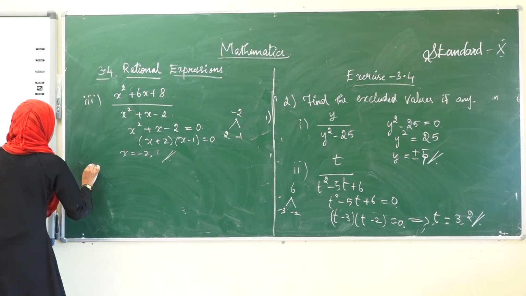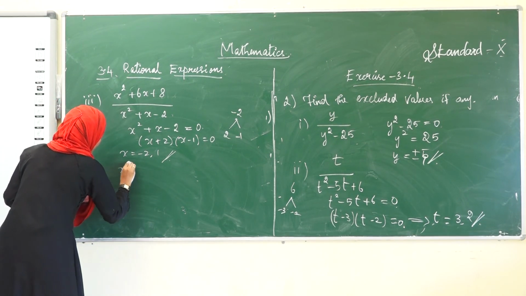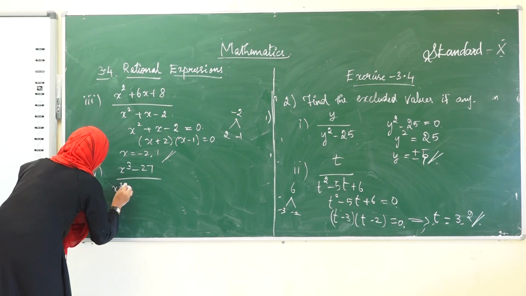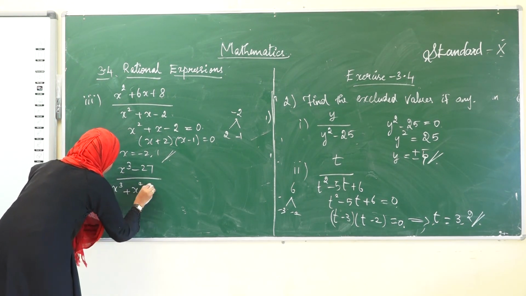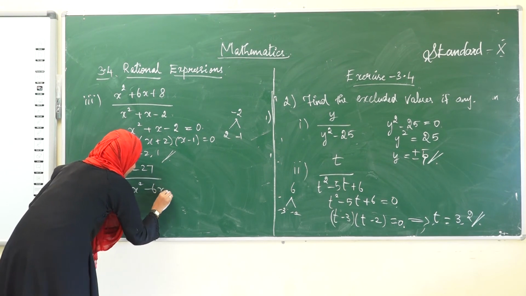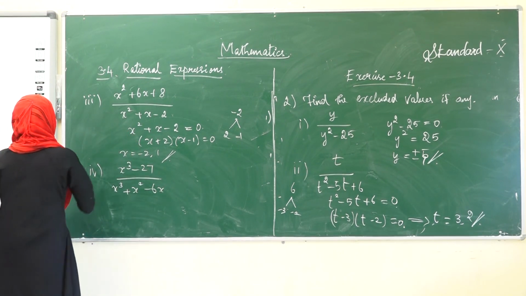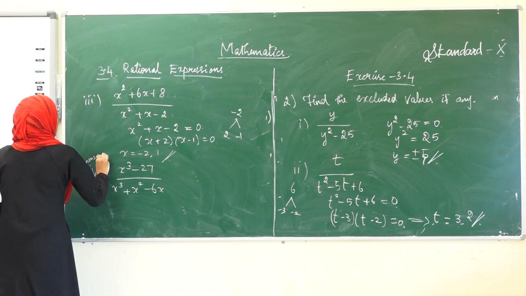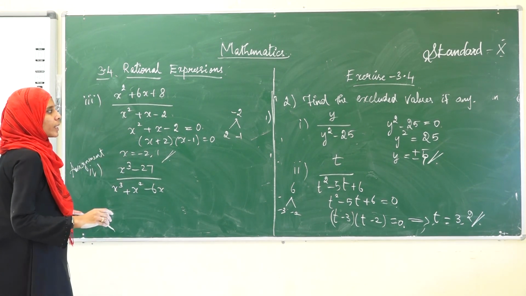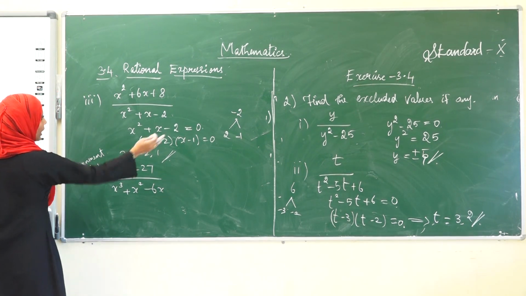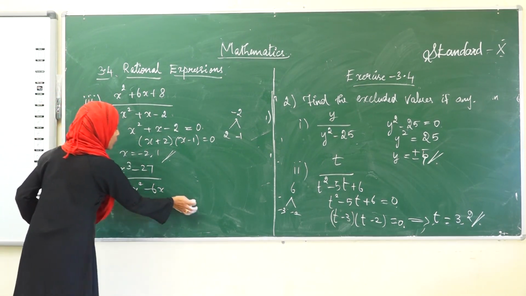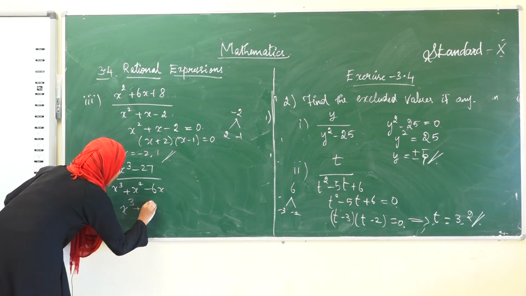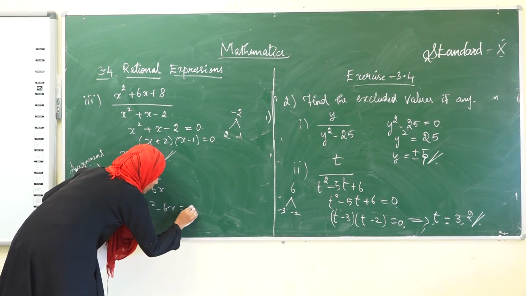Now the fourth subdivision, that is the last subdivision, x cube minus 27 divided by x cube plus x square minus 6x. Okay, this will be the assignment for you. I have already given an assignment in the first question's fourth subdivision. Similarly, in the second question, the fourth subdivision will be the assignment. I will tell you what you are going to do. You are going to take the denominator alone, x cube plus x square minus 6x is equal to 0.